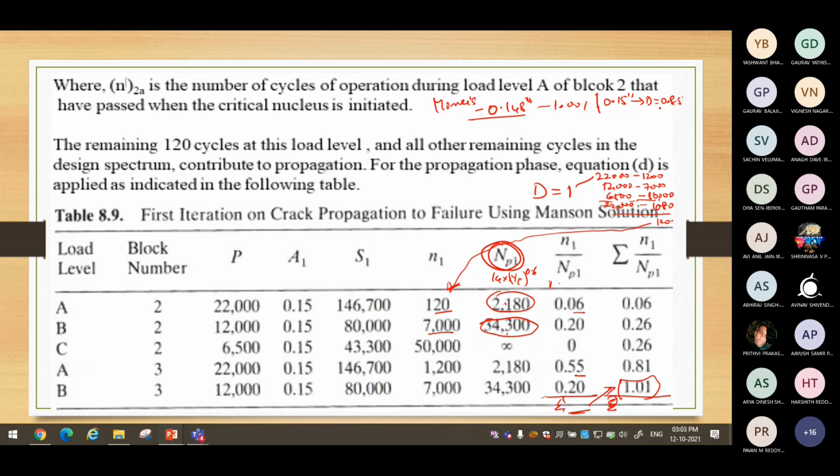There were some factors left, but according to Manson's rule, now when we are determining the damage, what we are going to find is for 0.15 inch, the net damage occurred is already 1.01. It is crossing 1.01 when you are with the 12,000 pound cycle load. Okay. So this is the difference. You see, though the difference is very minimal, it can significantly affect the total life of the component.